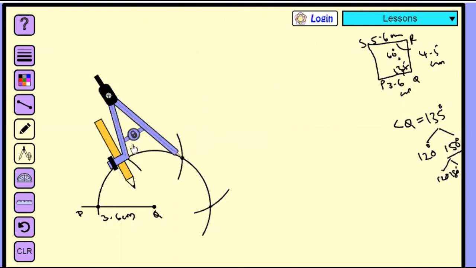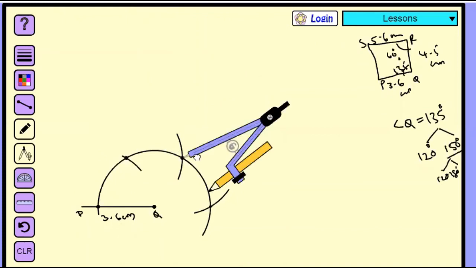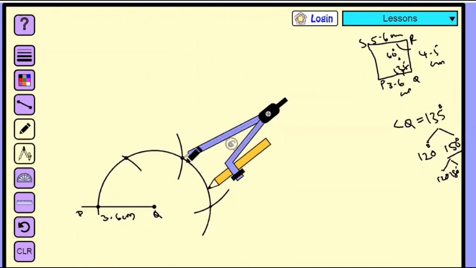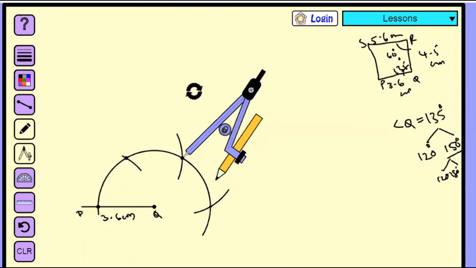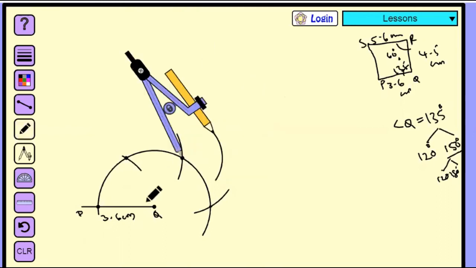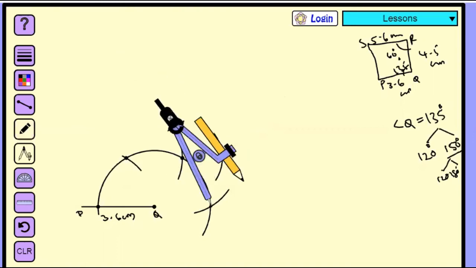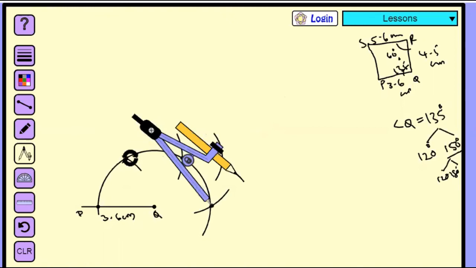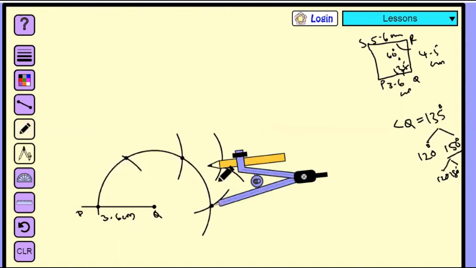So for that, you should take the compass radius more than half of the length between 120 degrees and 180 degrees. Now with 120 as a center, draw an arc here. Now we are bisecting the 120 and 180 degrees. So now with 180 as a center, draw another arc which cuts the previous arc at point 150 degrees. Now these two arcs are intersecting at a point, indicating the 150 degrees.